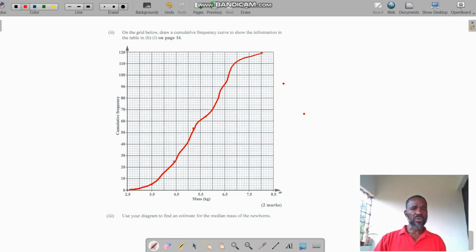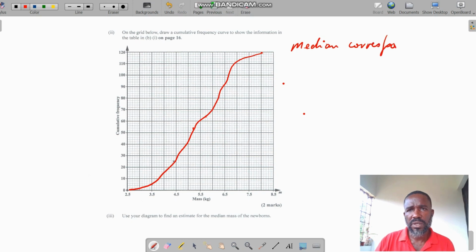Now, the next part is going to ask us to estimate the median. Now, the median corresponds to 50% of the ogive, and the ogive is called the cumulative curve. All right,